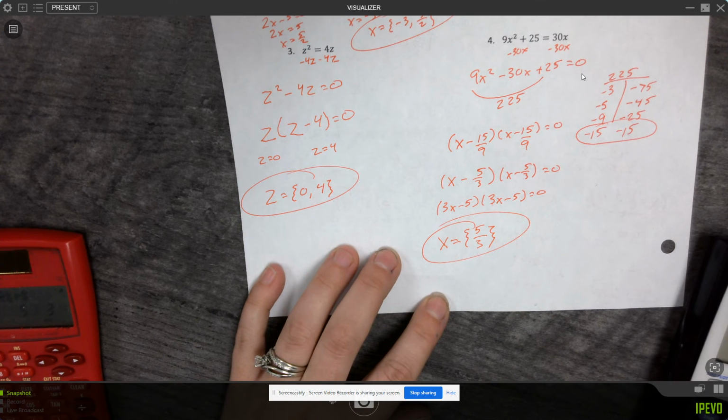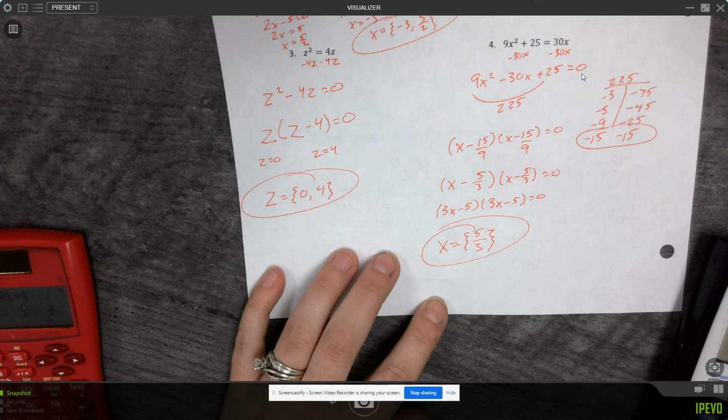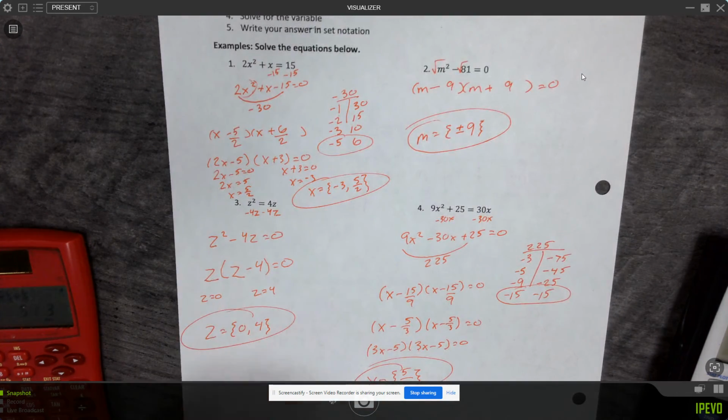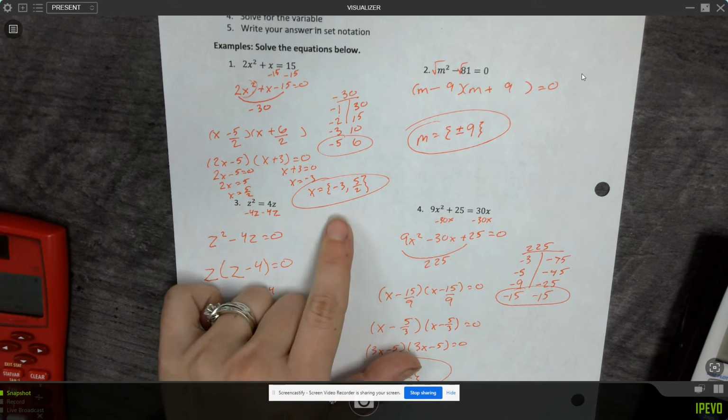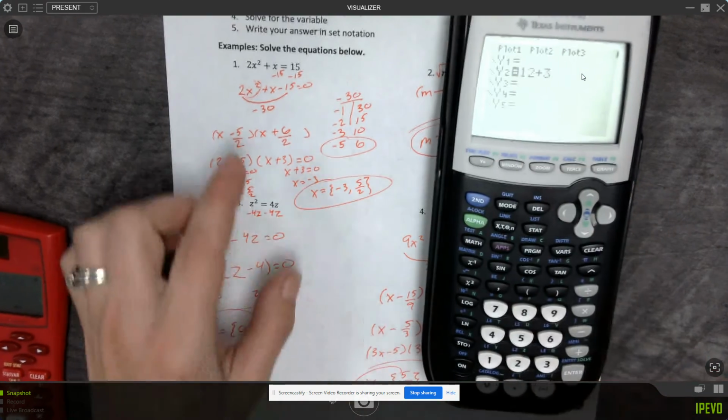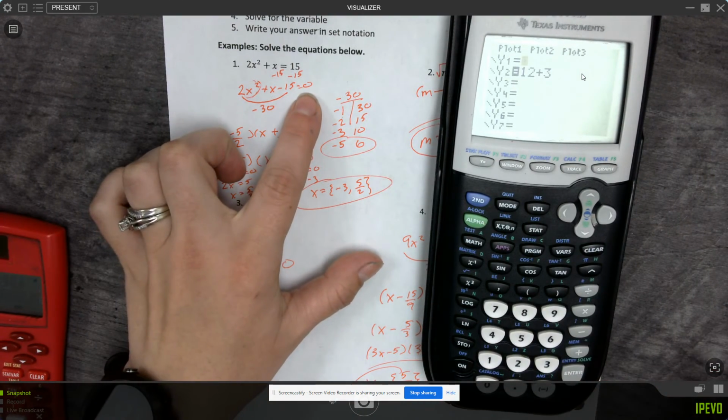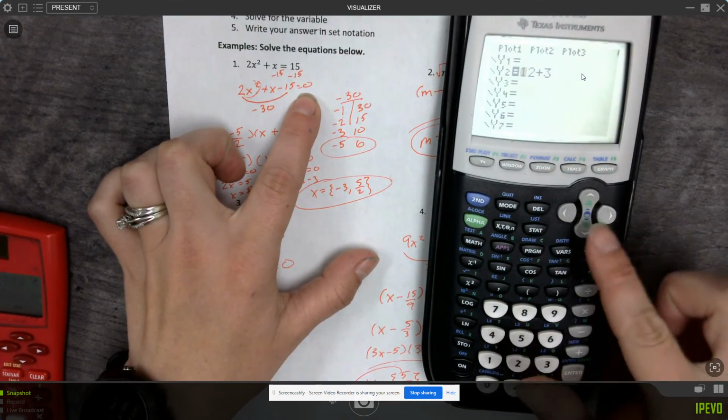Now, I want to show you how to check these. As I said, your calculators help you check your answers, not do the problem for you, because your directions are going to say solve by factoring. But they can check these answers. So you need it set equal to 0, and then you're going to go into your